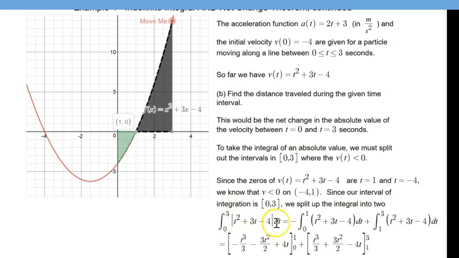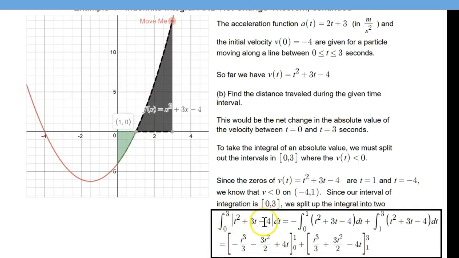So I'm going to find the absolute value of the velocity function. That's going to equal the definite integral from 0 to 1 of the negative of this part of the function, so this is going to give me positive values of the velocity, plus the definite integral from 1 to 3 of just the function, and that is simply this part. Finding the antiderivative of each of those, I'm just using the power rule and I'm not going to talk through each one. This gives me 89